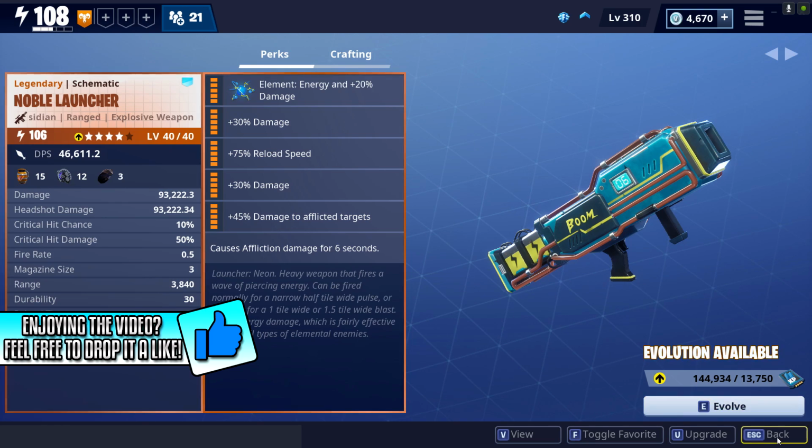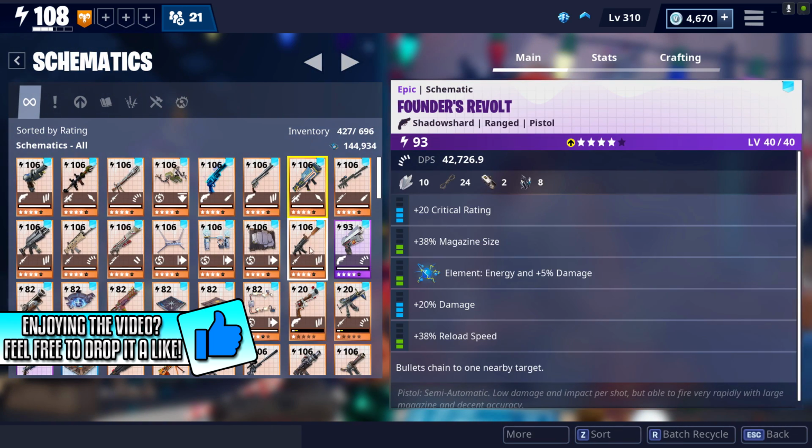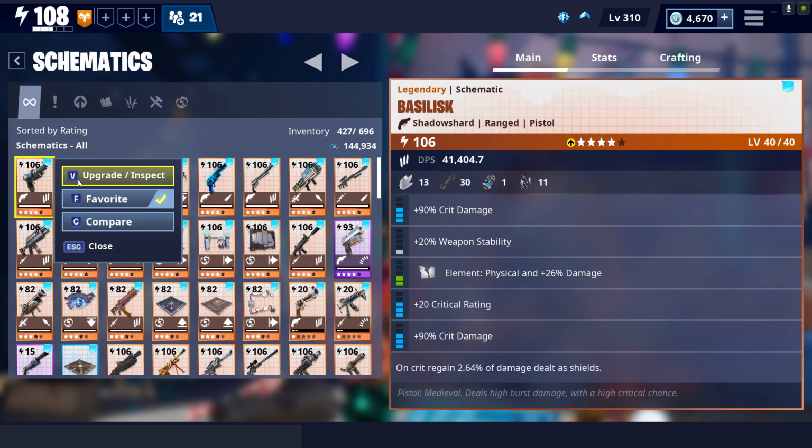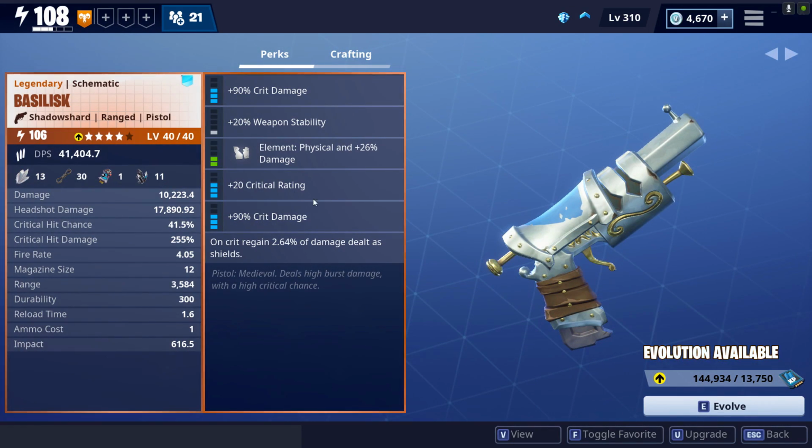Anyways, additionally, and last but not least, this is a tip that I haven't tested out myself because, again, this is just a quick guide for people that are struggling, that just don't want to wait for my in-depth video with all the gameplay examples. You want to be rocking the brand new medieval weapons because they have abilities like this one right here. On crit, regain 2.64% of damage dealt as shields. Okay, so basically the medieval weapons give you the ability to get shield back, which increases your survivability